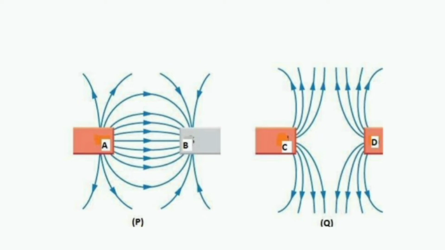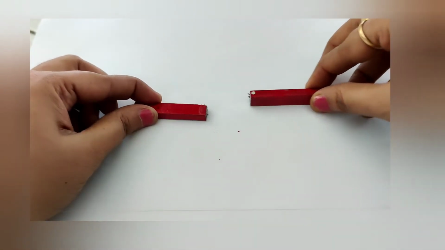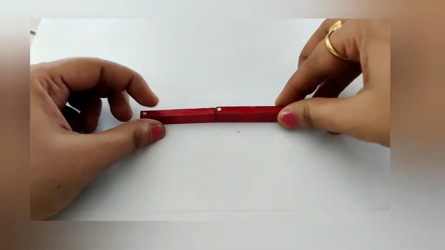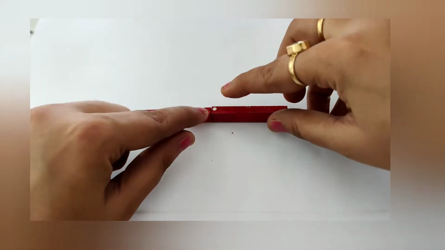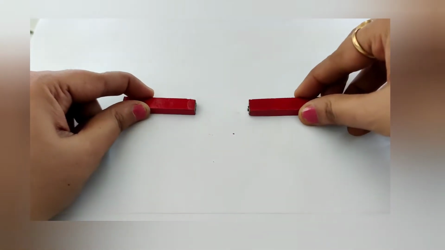And one property of magnetic field lines is that they move from the north to the south pole, which proves that A is the north pole and it is moving towards the south pole. So now we will prove this by this activity. I have taken two bar magnets. You can see both are of opposite poles. In one case there is a dot, and in the other there is no dot, which means these two poles are different, and since they are attracting each other, these two poles are different.